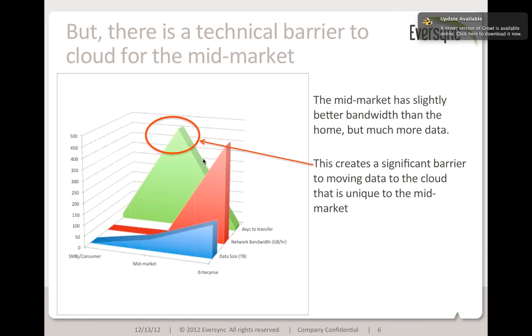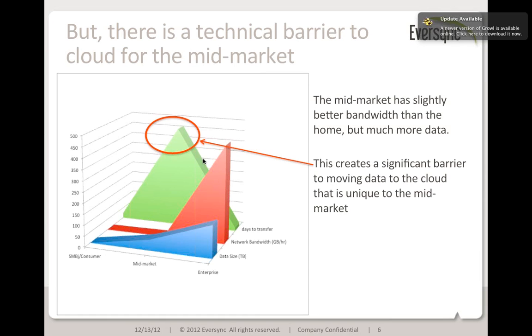So now let's look at a typical mid-market company. That company may have anywhere from 2 to 50 or 100 terabytes of data that needs to be protected. But from a network perspective, although they have a fast network internally, they typically will have some kind of enhanced business Comcast or DSL or similar network to the internet. In other words, the network to the internet is only slightly better than home, but the amount of data could be 10 or 100 times as much data.